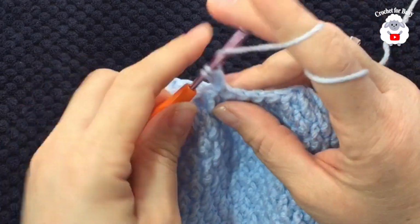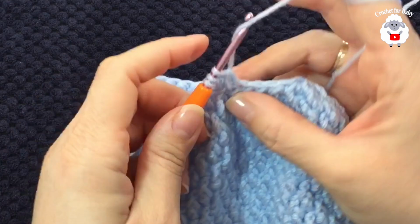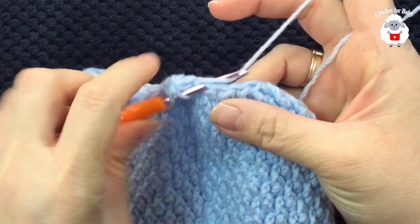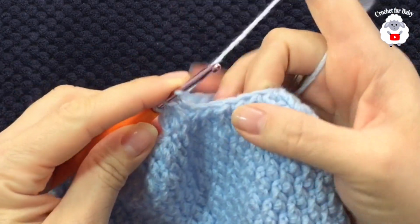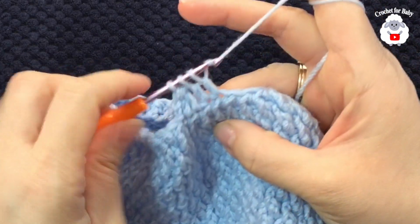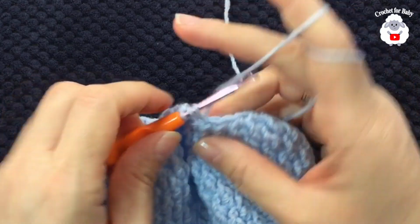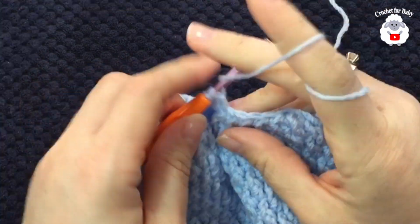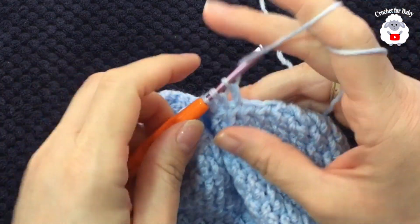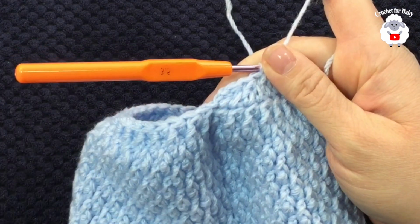take 2 loops off, yarn over, insert your hook into the next, grab a loop, take 2 loops off, 3 loops, close. Again, insert your hook into the next stitch, take 2 loops off, yarn over, insert your hook into the next stitch, grab a loop, take 2 loops off, 3 loops in the hook, close. Again, yarn over, insert your hook into the next stitch, grab a loop, take 2 loops off, yarn over, insert your hook into the next stitch, take 2 loops off, 3 loops in the hook, close. Continue like this for this row, and I'll meet you here at the end to show you what we need